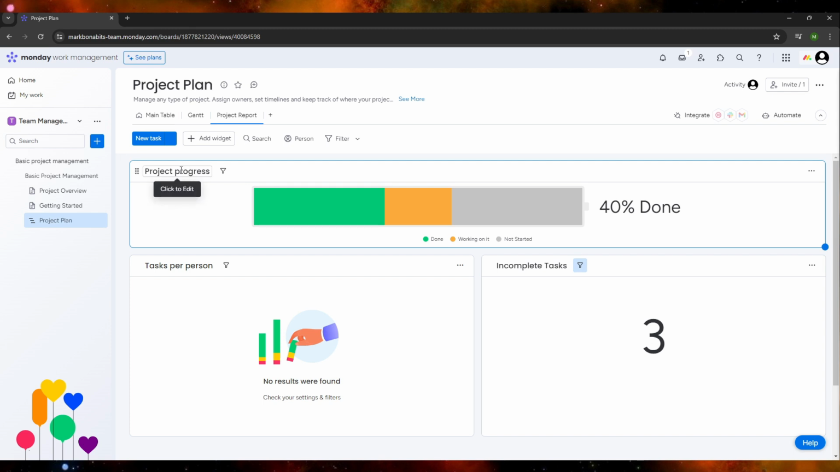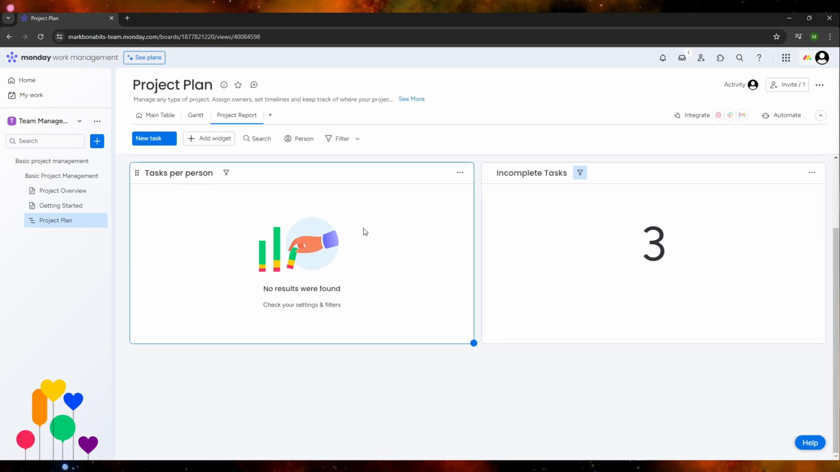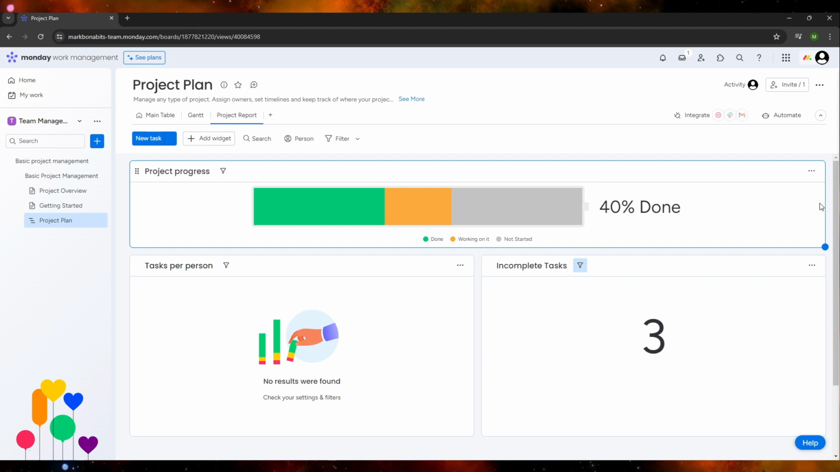So you can see the project progress, the tasks per person. So you will see the team members who are assigned to that specific field. And then of course for the incomplete tasks, which is as of right now we have 3. So if you click this 3 dots right here on the right screen, we can actually click the full screen,